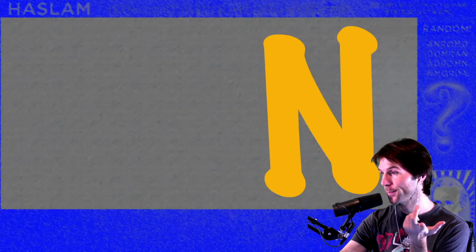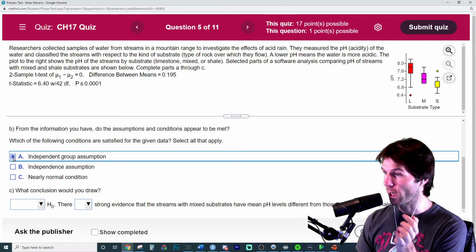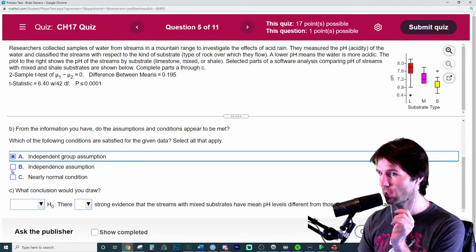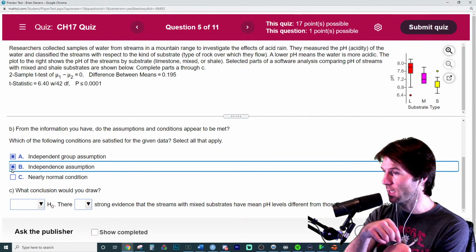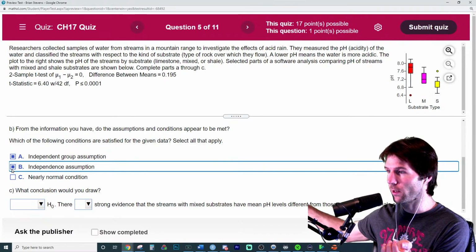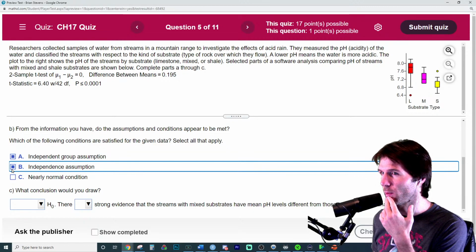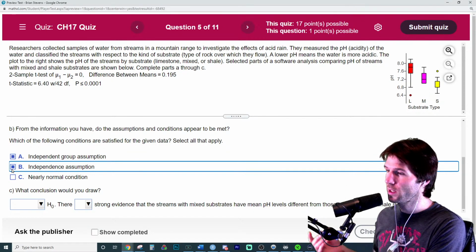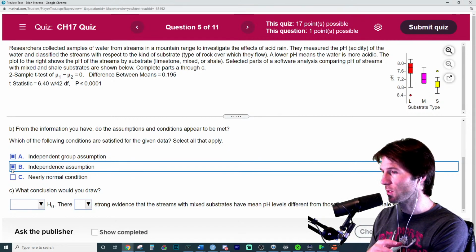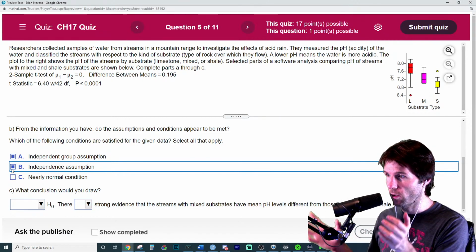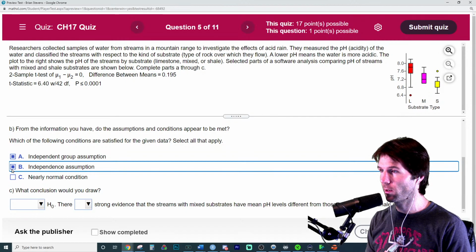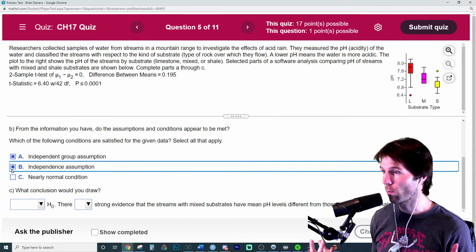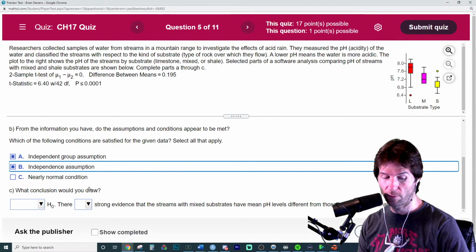It's pretty much your randomization condition. So we need to make sure we randomly collect our data and that each sample is independent. And this is not the groups are independent, but each sample is independent of the previous sample collected. We're not going to the same spot and taking a bunch of samples in the same area. We're going to different areas around this lake where we're doing the investigation, I believe, the stream. There it is up right there. So we're going to different areas around the stream and getting independent observations that are completely random from each other. We're just saying, here's a map of it, and we just put different dots around the map, and then we say, let's go grab these random samples from these different areas, and then we see if it landed on shale, mixed, or limestone, and how it did. So they're completely independent, they're completely randomized, and that's what we need to run our test.